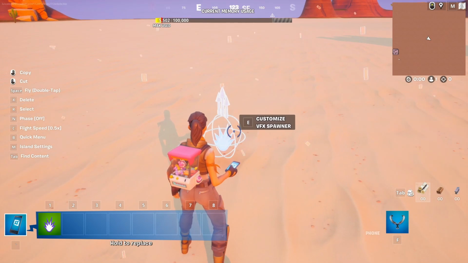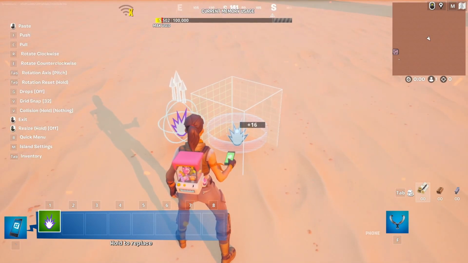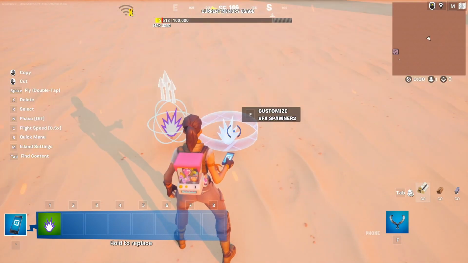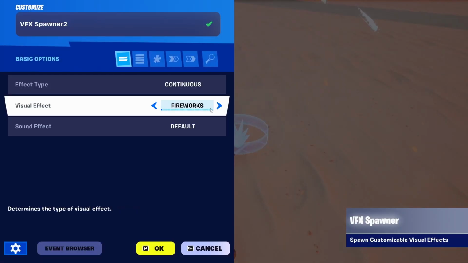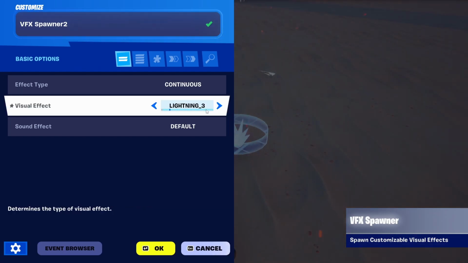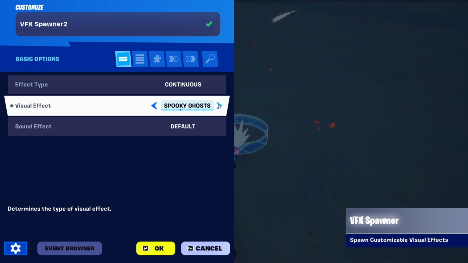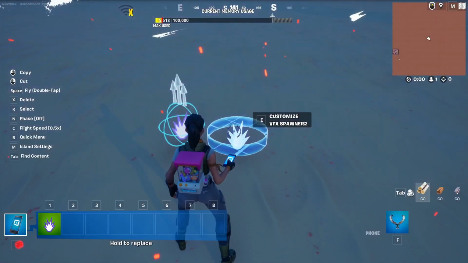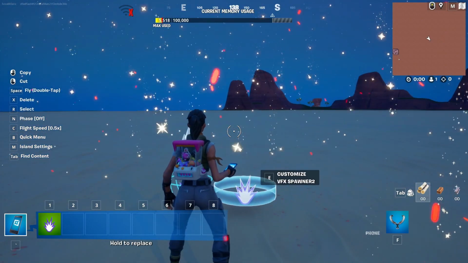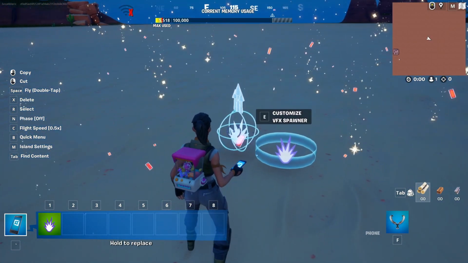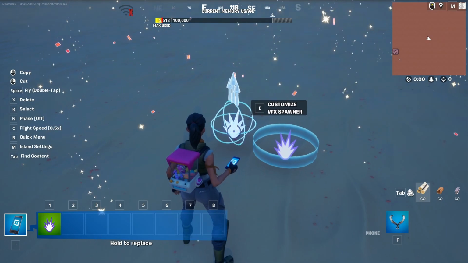Now we're going to add another VFX spawner here, and we're going to combine it by doing nothing more than placing it next to the present first VFX spawner, this VFX spawner 2. And for that, let's use something like falling sparkles. As you can see, we already have something that looks a bit different, but now let's copy these